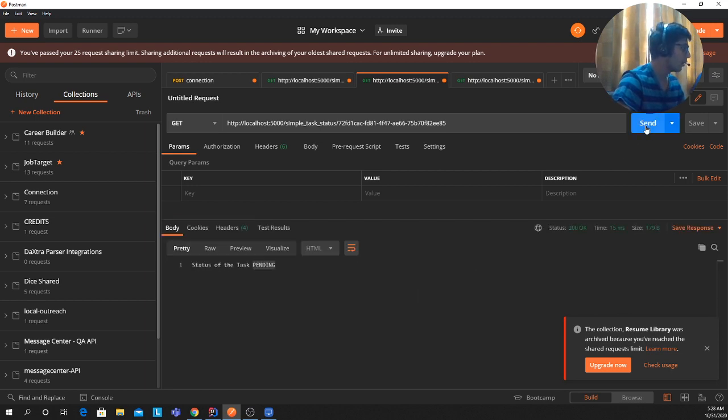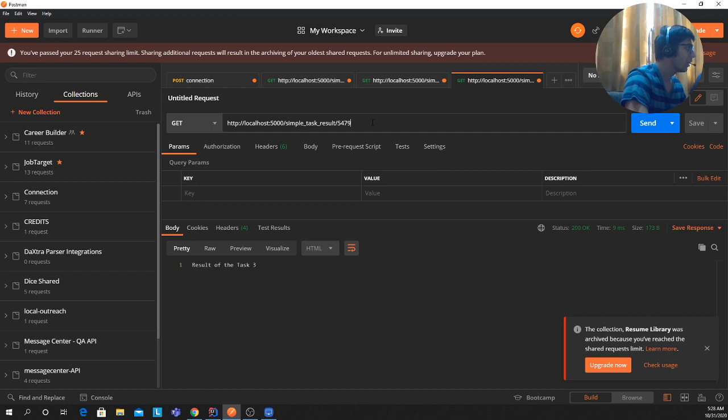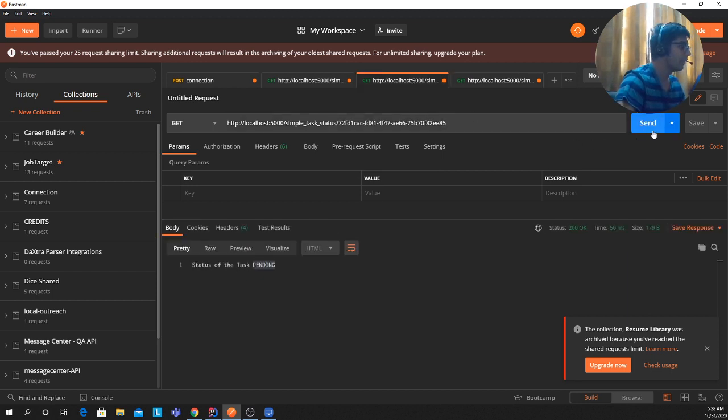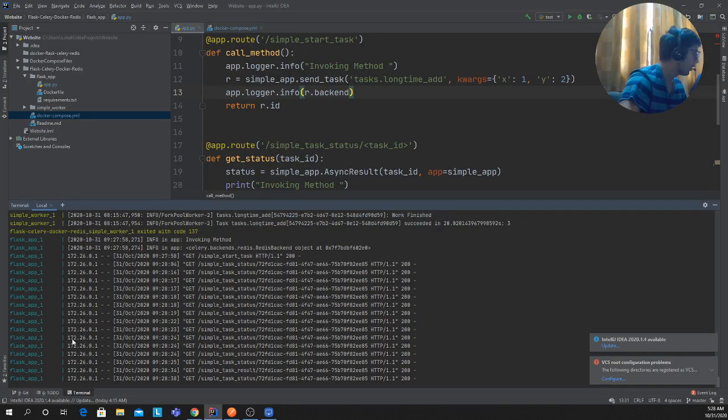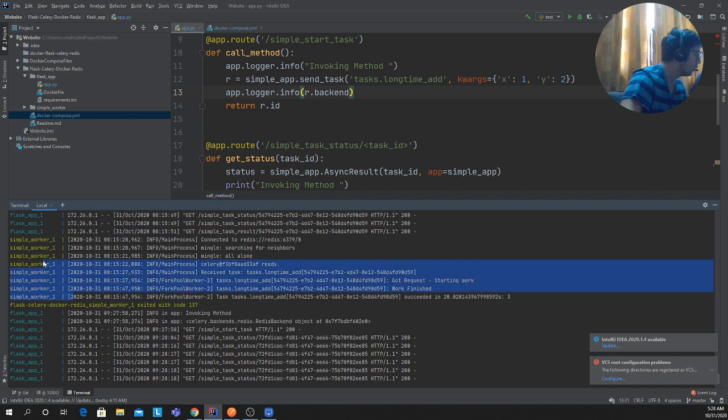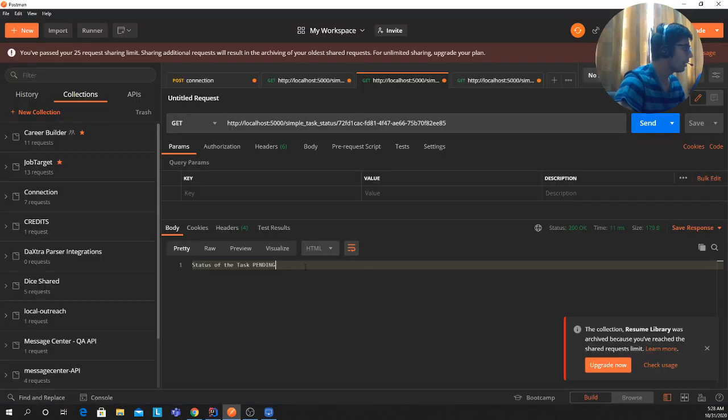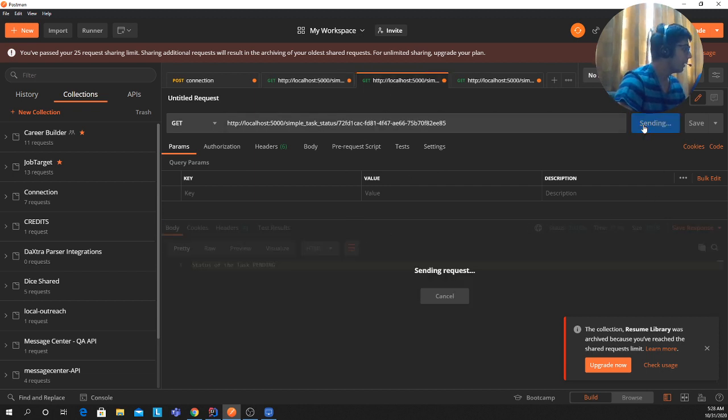So let's wait for a couple more seconds. Here you can see it's still pending. After a while, when the data is processed by the workers, you can get the result with another API. So result is none because it's still pending. The workers are working in the background. Here you can see the workers have started the work, they got a task. Now let me show you again. Still pending, so let's wait for a couple more seconds. Meanwhile, we get the data.